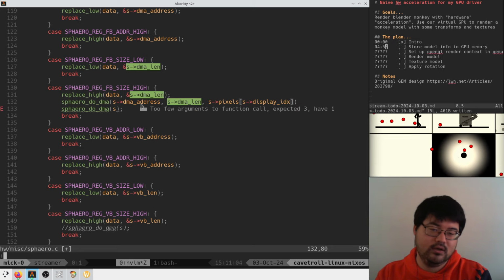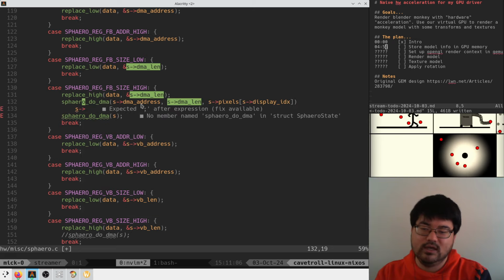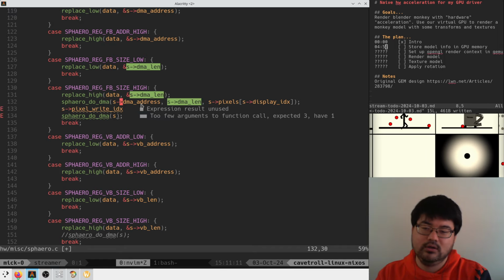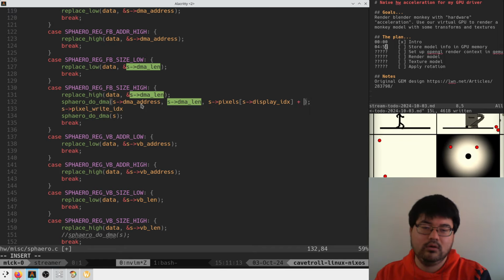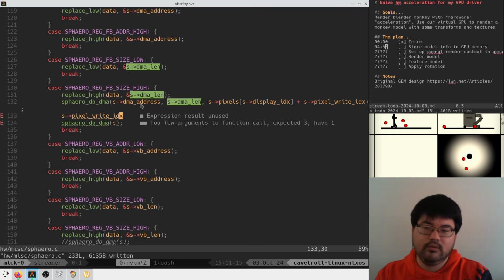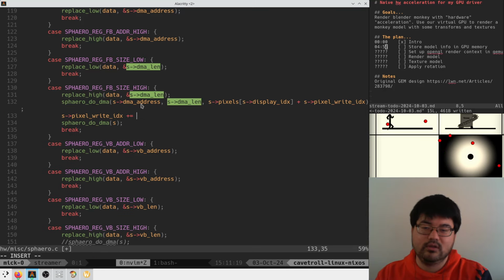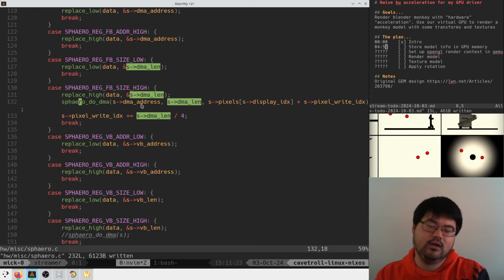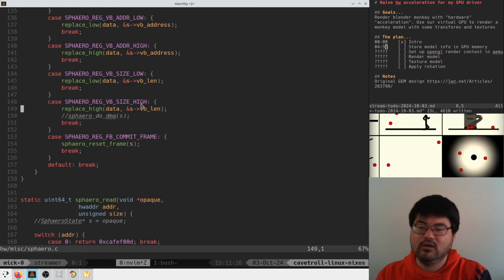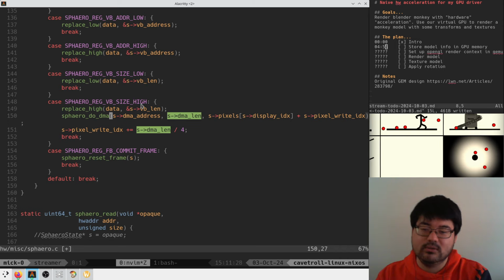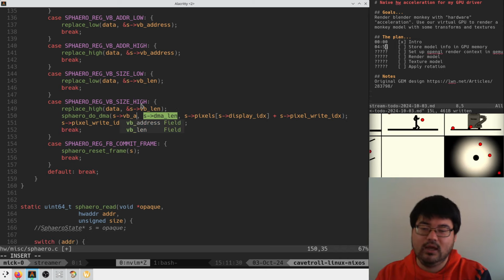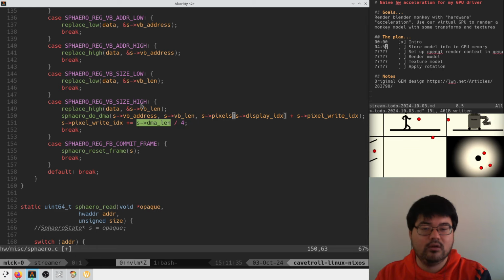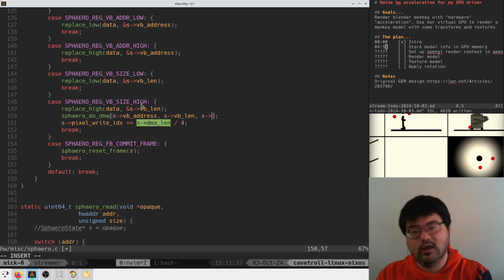display index. And then here we do s pixel write index plus equals the DMA len over 4. I think that makes sense here. Which means down here we can do something very similar, where we go to VB address, VB len, and we try to write into our